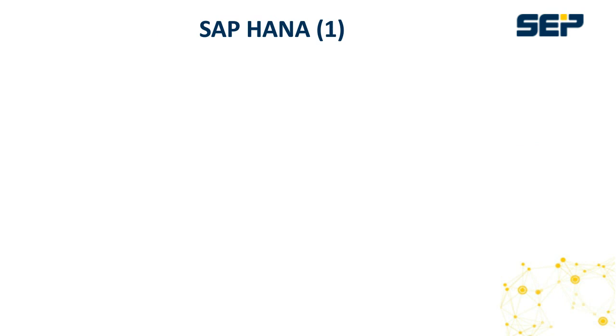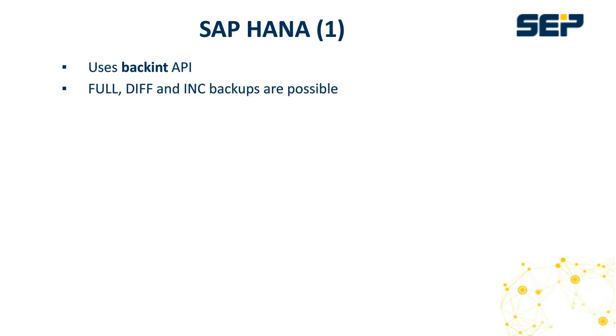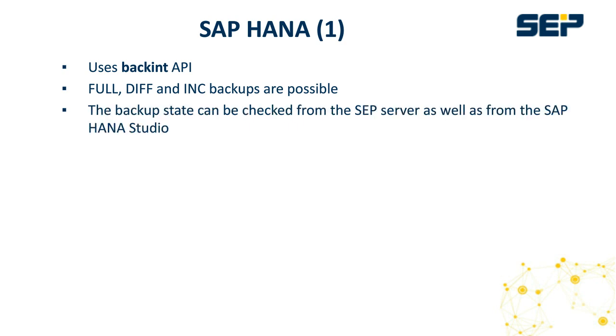Next step, how is the backup done when we talk about SAP HANA, when we talk about a certified backup solution? Of course, we have to use the backint API from SAP. We support the different backup models with a full backup, differential, and incremental backup. Means that we have automated log backup cycles, we have the database backup integrated, and the backup state, so also the things of monitoring and housekeeping can be monitored from the HANA environment itself,